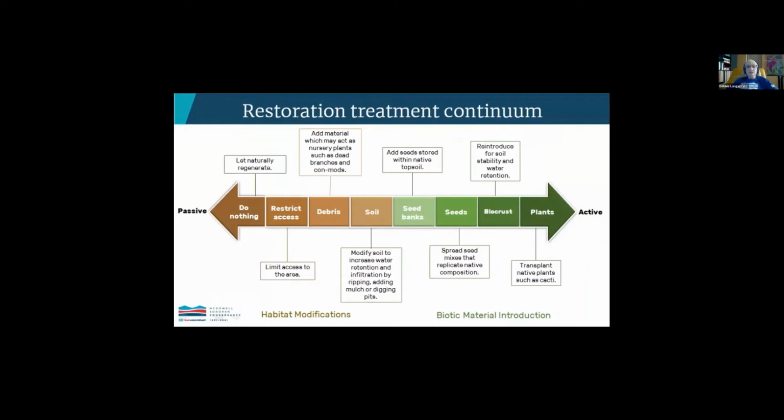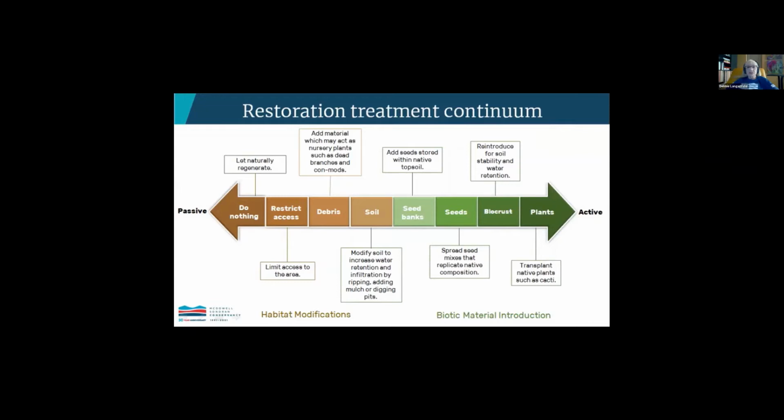To better understand what assisting means, let's take a look at this restoration treatment continuum, starting from passive types of assistance on the left to more active on the right. Habitat modifications include allowing natural recovery, restricting access by putting up signs and fences, adding materials such as dead branches or con mods to act as nursery plants, and modifying the soil by ripping, adding mulch, or digging pits to